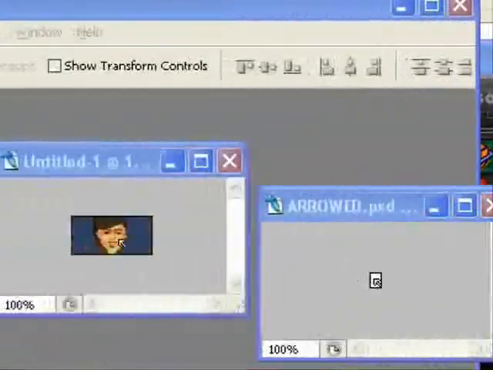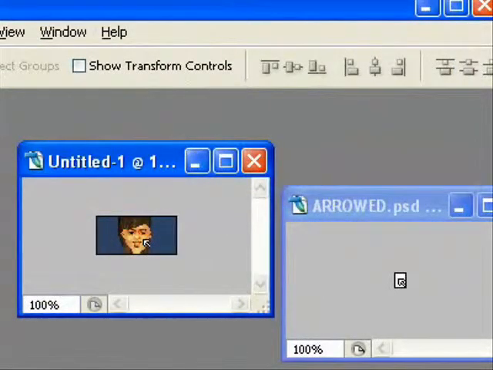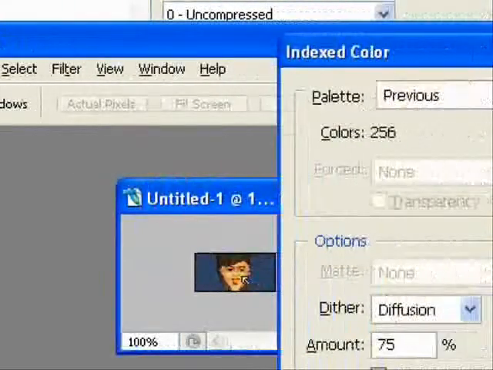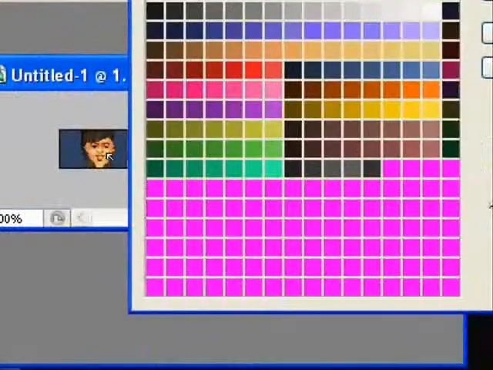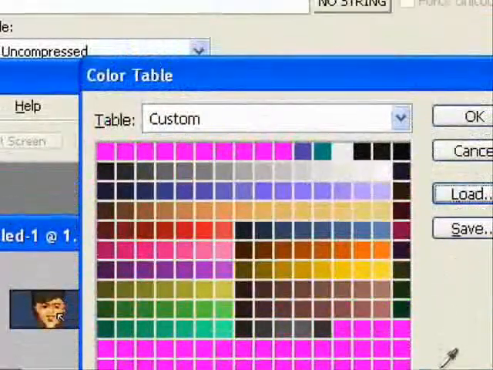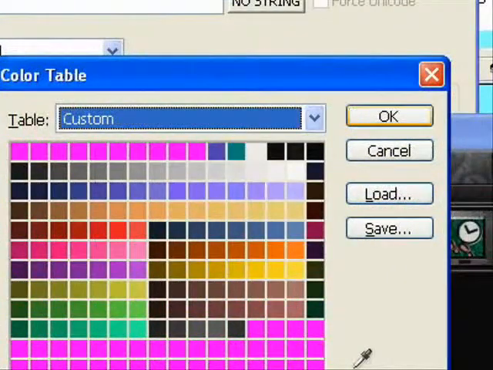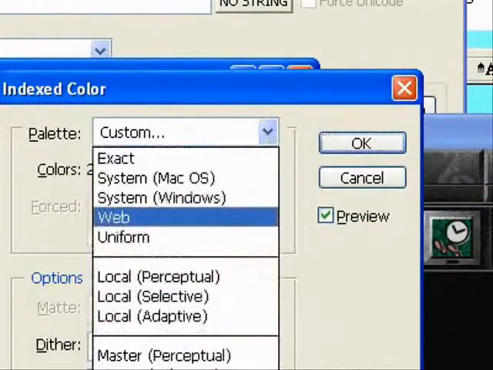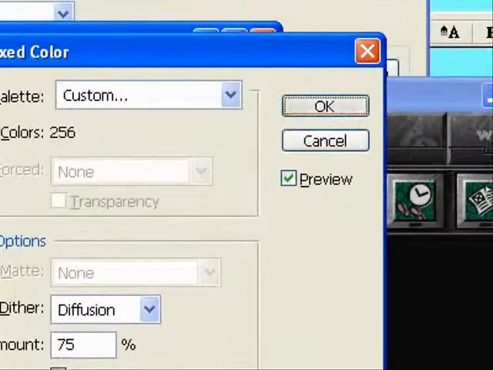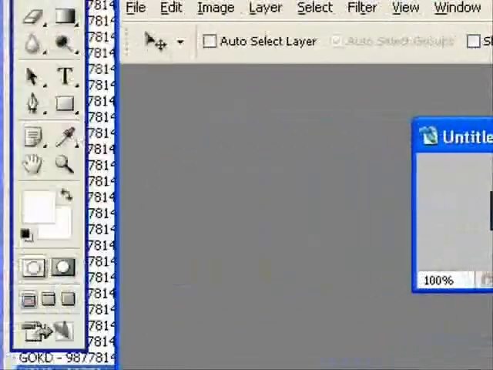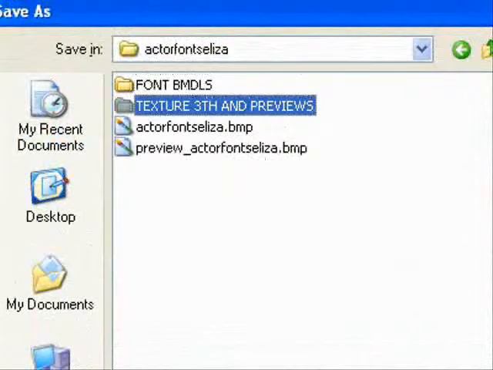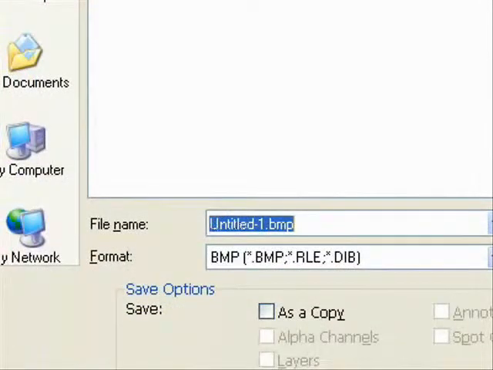So, what you want to do is Image, Mode, Indexed Color, Flatten Layers, yes. Palette. Now, I've got this being the custom 3DMM palette, so the next time you come in, you can just hit Previous. Okay, so then you'll just be Previous, OK, it's applied, Save As, Eliza, Texture, Previews, BMP,